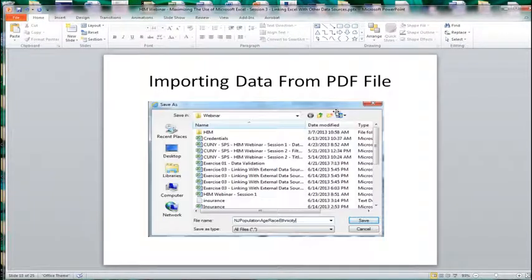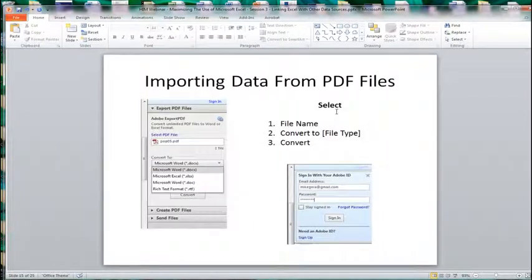And as I said, we use this utility that I told you about earlier. If you go to adobe.com and look up Adobe Export PDF, you'll see that utility available. You can sign into Adobe and purchase it if you haven't already. I believe that it comes standard if you buy the full Adobe Office suite